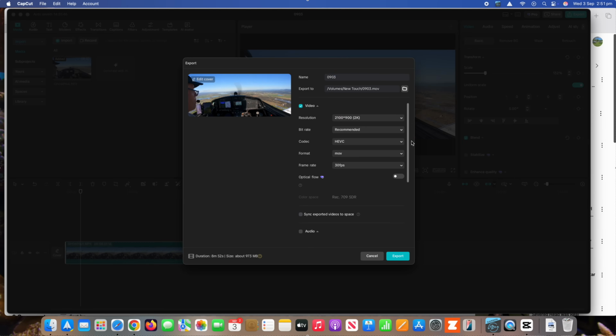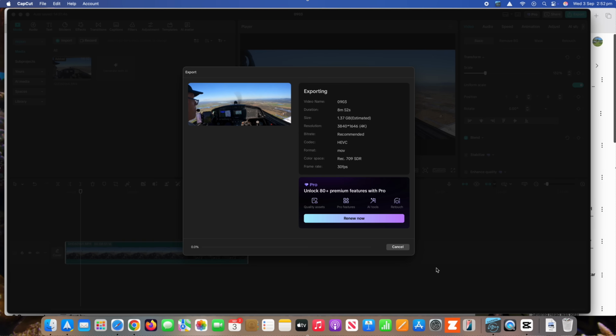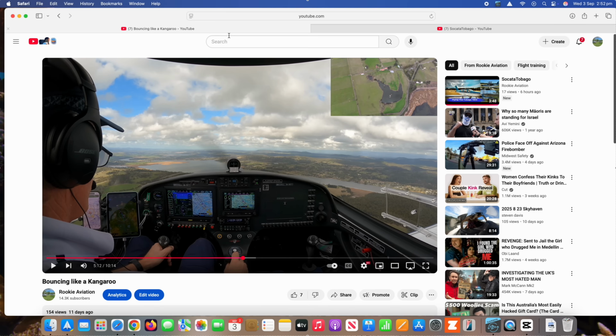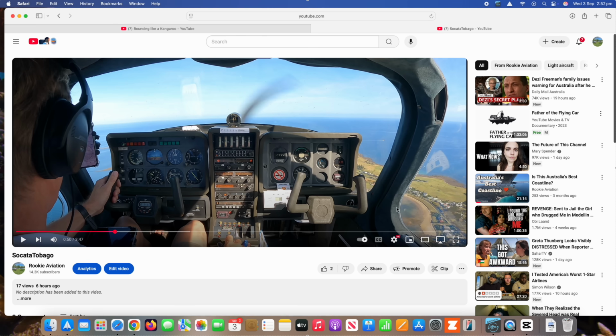Now this is a trick, you've got to export it. It comes up as 2K default, but we want to make it 4K. And export that, and it's as simple as that, which basically will turn a video from this to this, which is 21 by 9, which if we go full screen